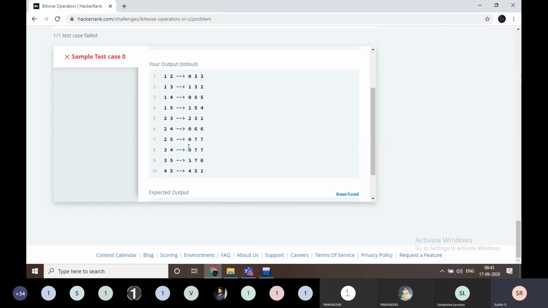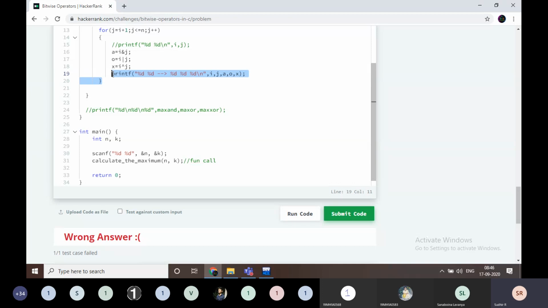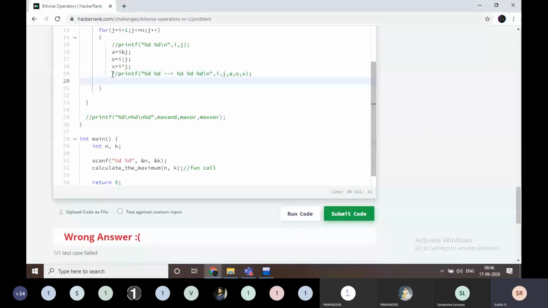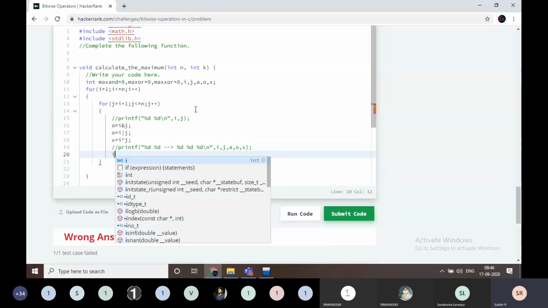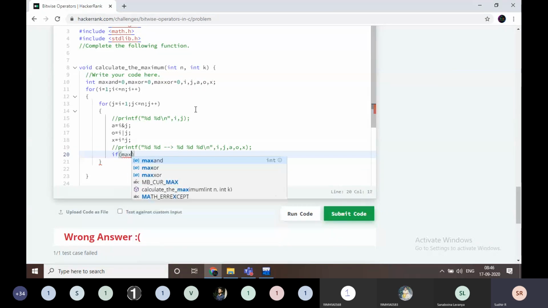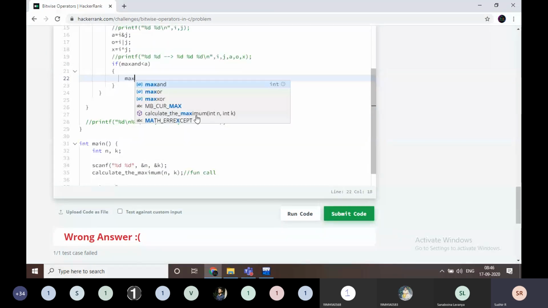But from this, I am going to find the maximum value. What is the maximum value? First of all, I am going to find the maximum value of this one. I take here max and. If max and is less than A, I am going to set max and equal to A. That's it.